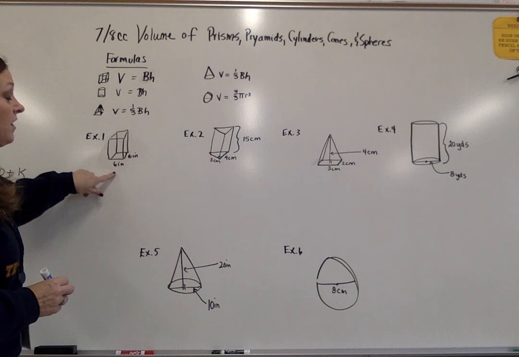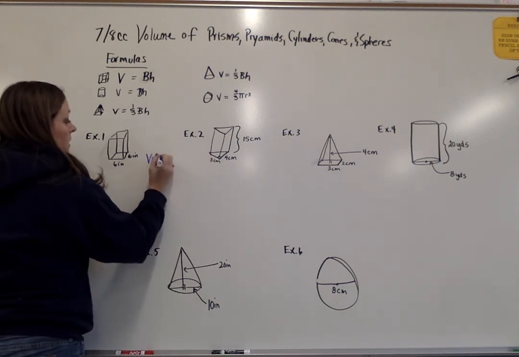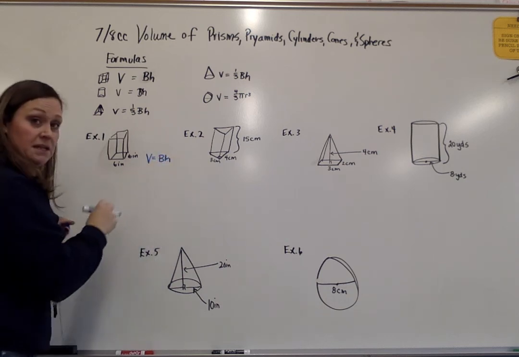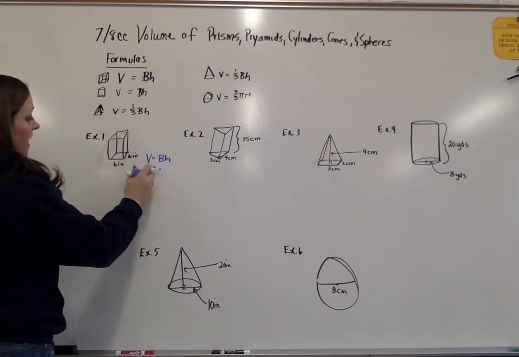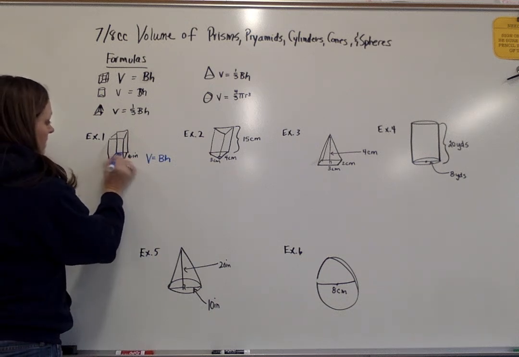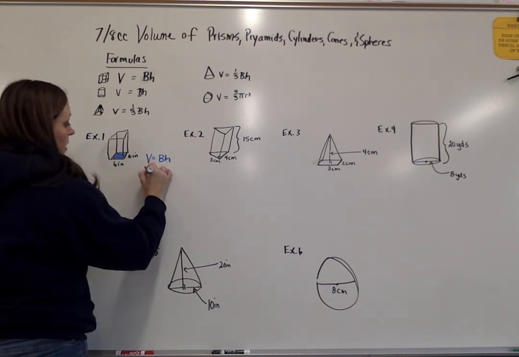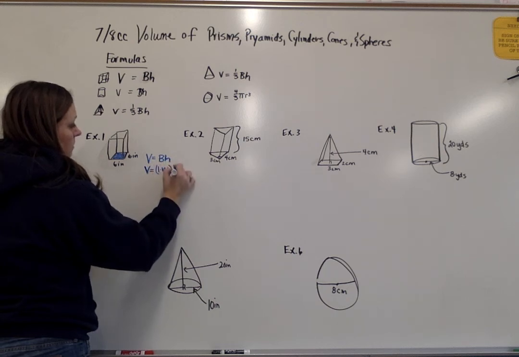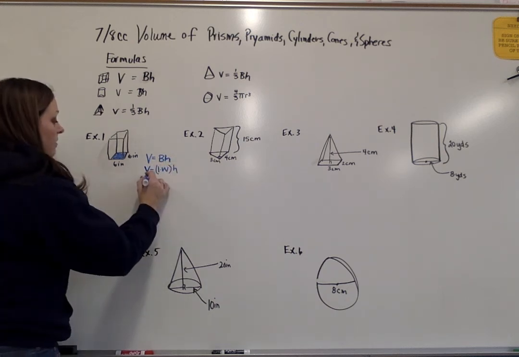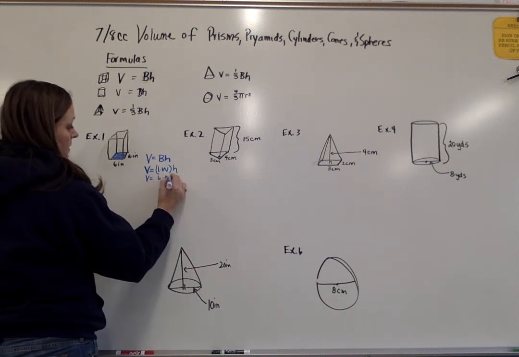So I'm going to identify that this is a prism. The prism formula for volume is the base times the height. The base is big B because it's talking about the area of the base. Once I've done that, I need to identify what the base is. This base is a square, and therefore I can use the formula for a rectangle. So I'm going to be multiplying the area of the base, its length times width, and multiplying it by the height. I then go ahead and identify that the length of the square is 6 inches by 6 inches,